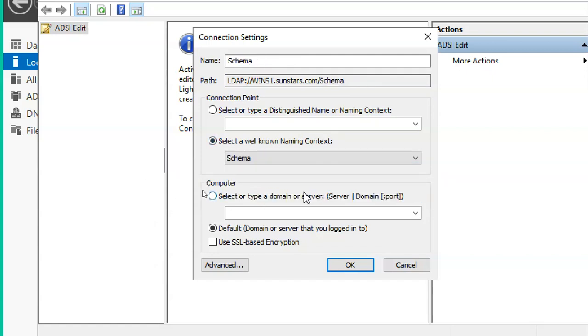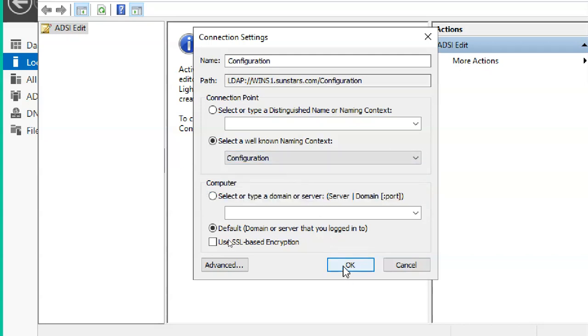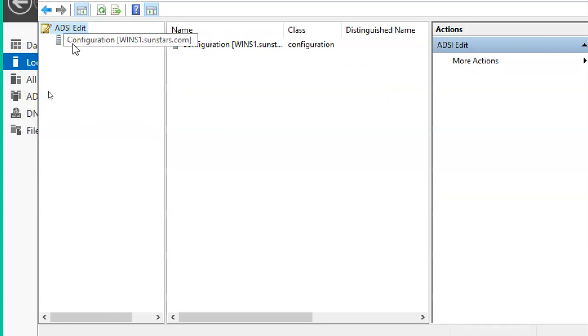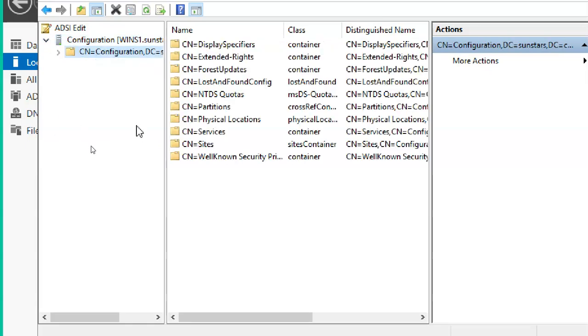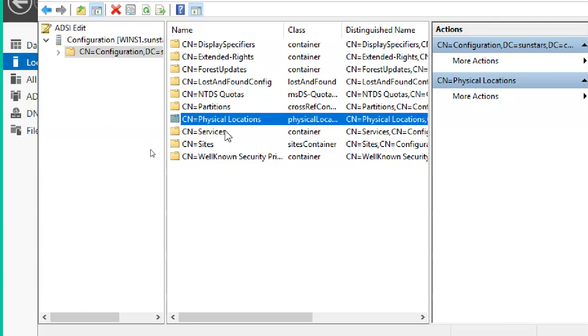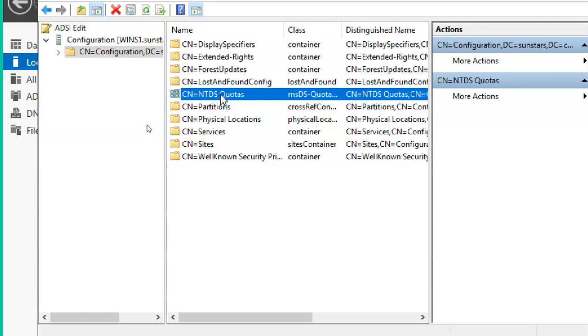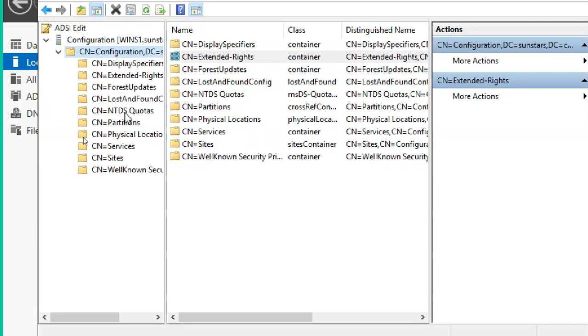Schema, if you want to connect to configuration, click OK. Like this, how many services are there, sites, physical locations, partitions, each and every piece of information is stored here.